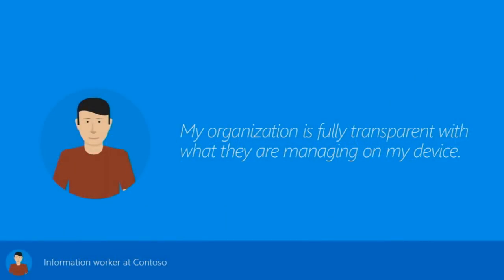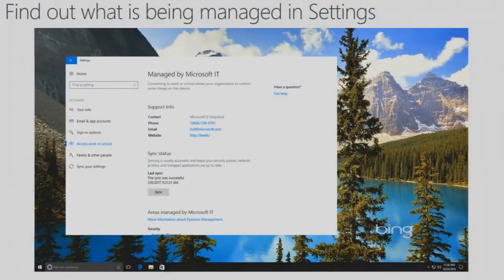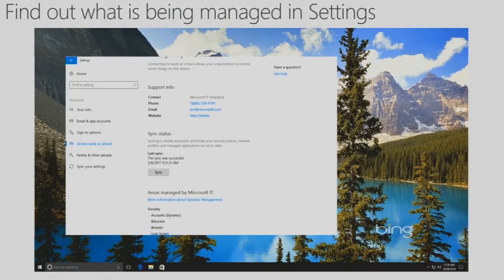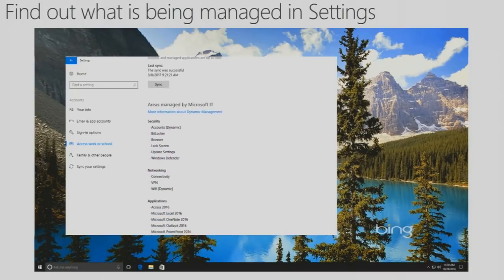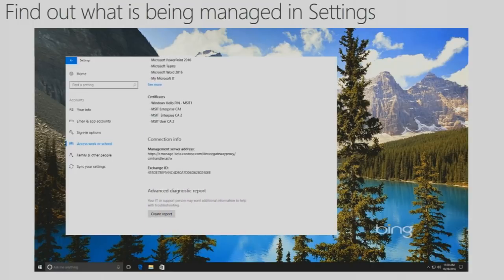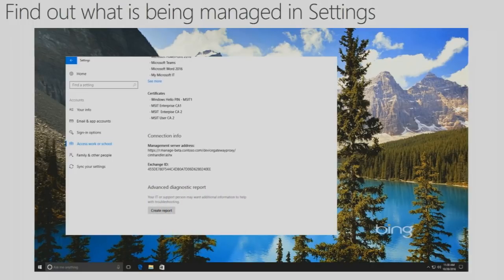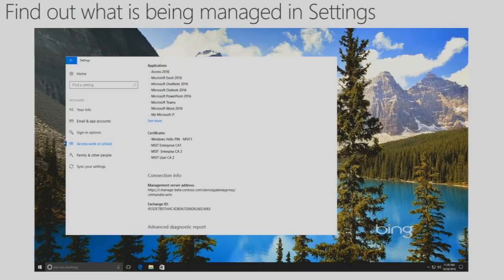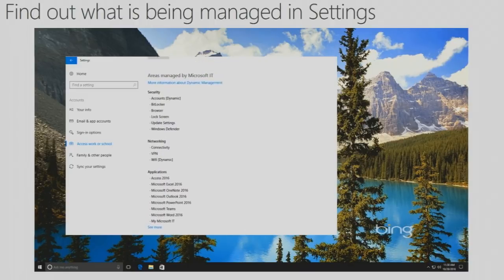And last but not least, as an end user, it's important to understand what is actually being managed on my device for my organization. Now in the Settings app, you'll be able to drill in with granular detail what exactly is being managed on your device. In this case, Microsoft IT can be managing security, networking, pushing down applications, and certificates. And as an end user, I'm now able to go through settings and look through what all is being managed